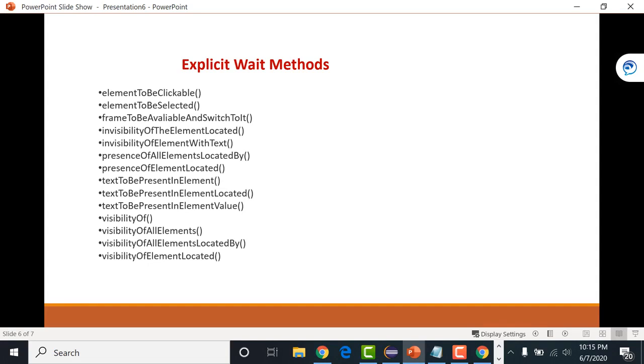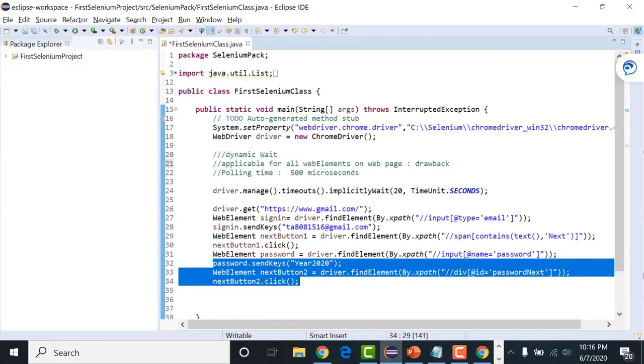Right, say you are dealing with an online shopping website. Whenever you do online shopping, you have some requirements, and based on that you apply some filters on that application, and on the basis of the filters the different products are displayed on the application, but it takes some time. So in such conditions you can apply the wait as the visibility of all the elements. Once all the elements are visible on the application, then perform some actions. Right, now let's write explicit wait in our code and see how to write that.